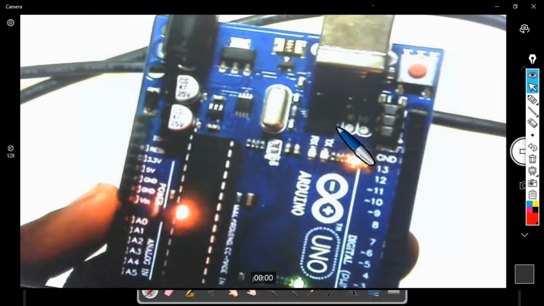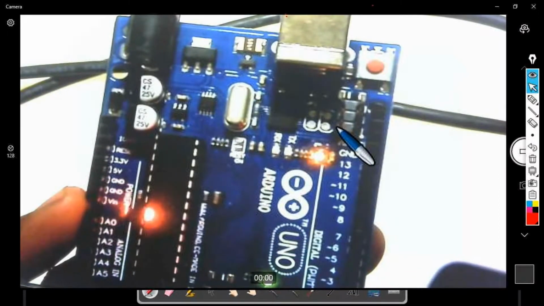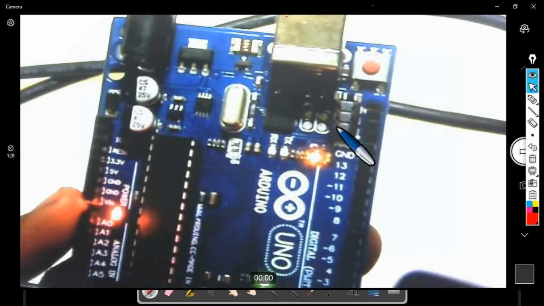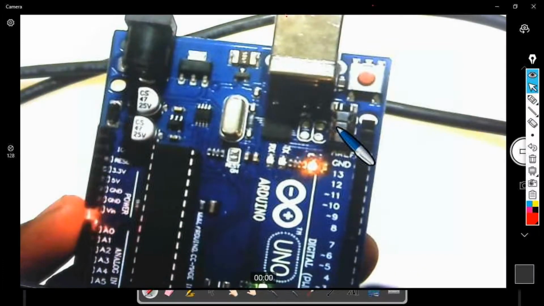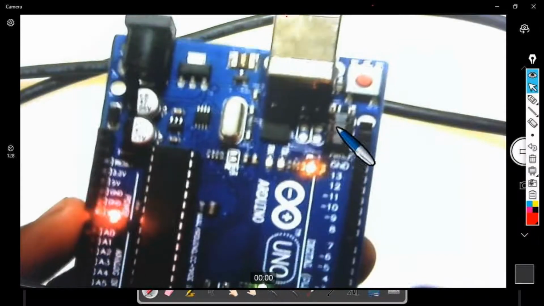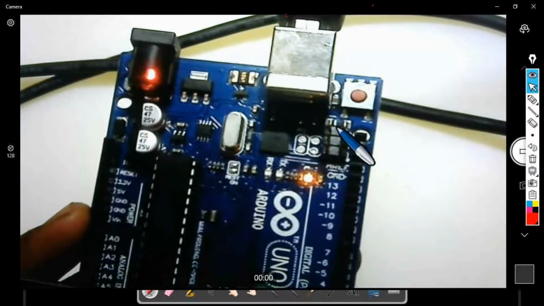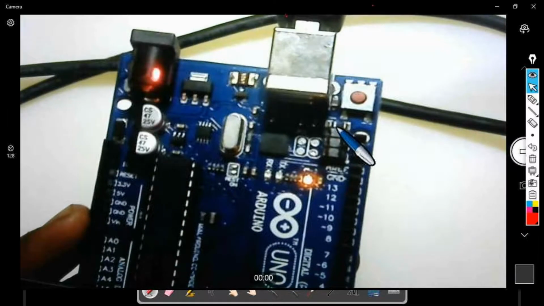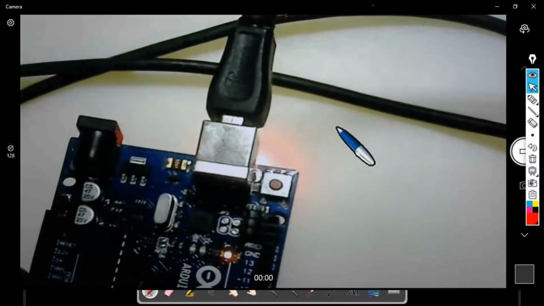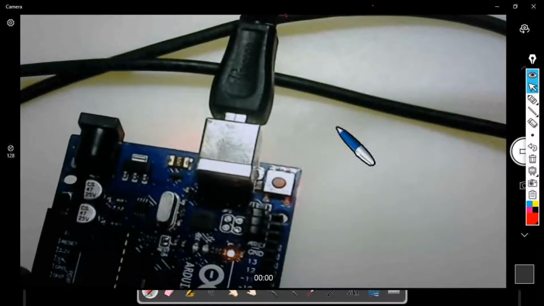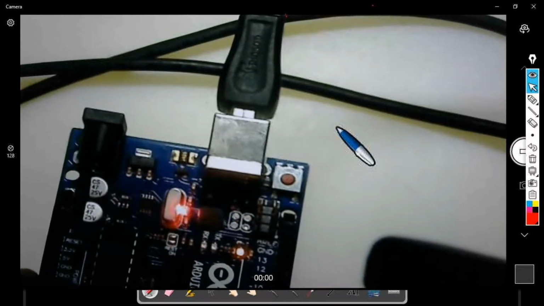Okay, participants, I hope you all can see this laser light and where it's located. So this is the VIN pin. I can either connect a regulated power supply of 5 volts to this VIN pin using some connecting wires, or make use of an adapter and connect it to this barrel slot, or go for this USB wire or the serial cable. And this is the reset switch, and this is where we have the clock crystal, which is of 16 megahertz.